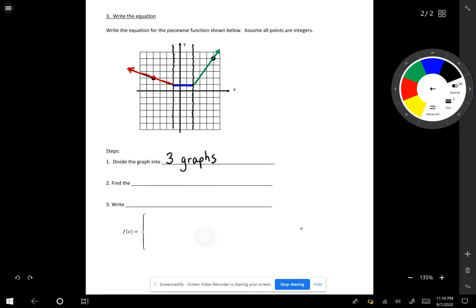You would find the slope and restrictions for each graph. This would take a lot of work because you would have to write the equation of the line. The only part that would be easy would be the horizontal portion